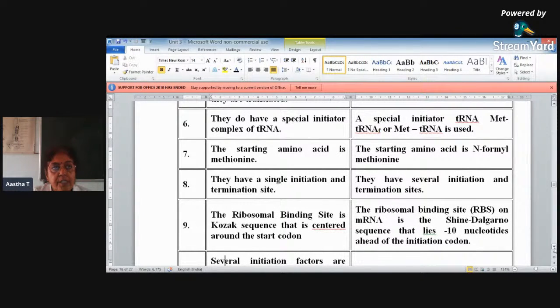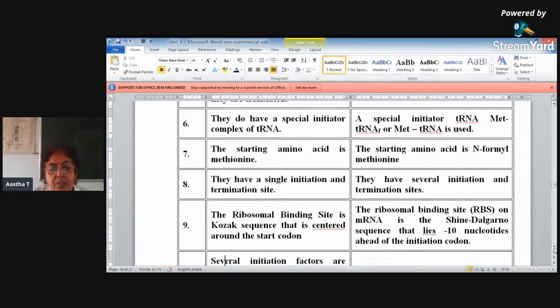In case of eukaryotes, there is only one initiation and termination site. There may be several initiation and termination sites in prokaryotes, because the mRNA is polycistronic. Eukaryotic mRNA is monocistronic, so there will be only one termination site. Here there can be many. The ribosomal binding site is the Kozak sequence that is centered around the start codon, while the